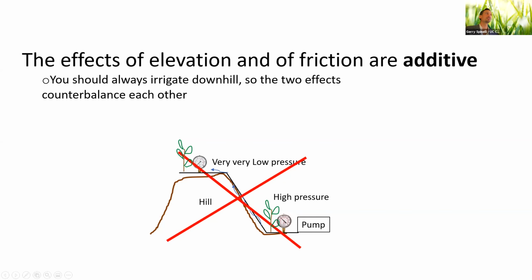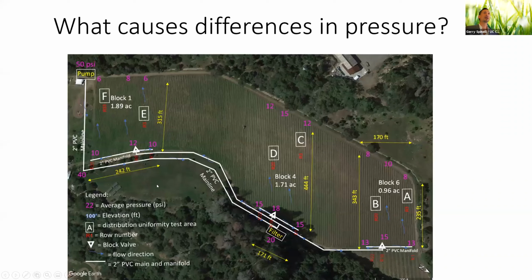So do not do this. Okay, so this is a job that I did a long time ago, and we're measuring this irrigation system. This is the pump, this is the pipeline, and these purple numbers are the pressure in PSI that we measured. Here at the pump we measured 50, then we walked to the main line, here we measured 40, then at the filter we measured 20, and then each of these was an irrigation block. We just measured 3 of them. This block right after the filter was saying 18 PSI, and this one 15, and this one 12, and the plants at the very end of this block were saying 6 PSI.